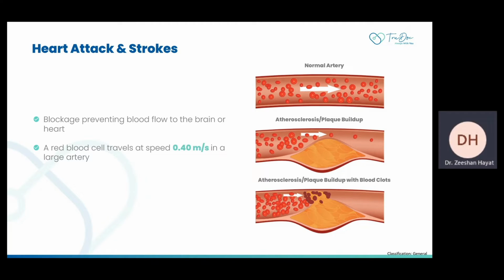This is a clot formation, either in any of the arteries in the heart or in the brain. If you look at the last slide, this will cause a blockage, right? When you have a blockage, it means less blood flow to that particular organ, and that part of the body will not have oxygen, and then you'll have pain. This is basically what a heart attack and stroke is.